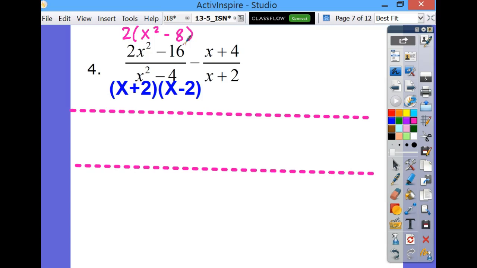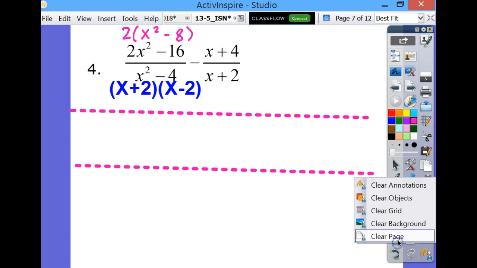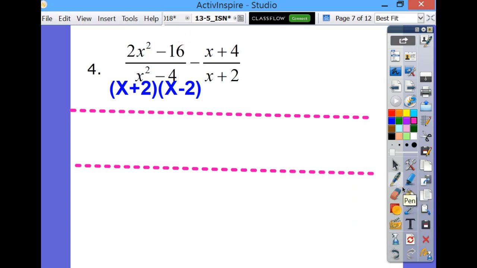And so, does anything cancel by that factoring? The answer to that is no. So don't do it, because down here in this step, you're going to have to multiply the things back together. So you're just making more work for yourself if once you factor, it does